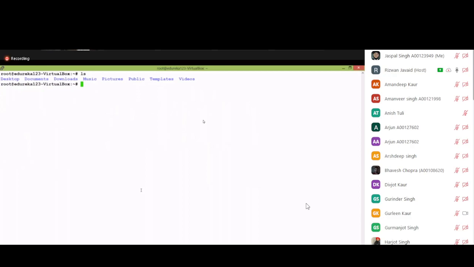Then we also saw the difference between the copy and the move command, mv. The mv is like cut and paste. When you cut, that file will not be there, and it will be placed in some other directory, or maybe in the same directory. It depends on your requirement.